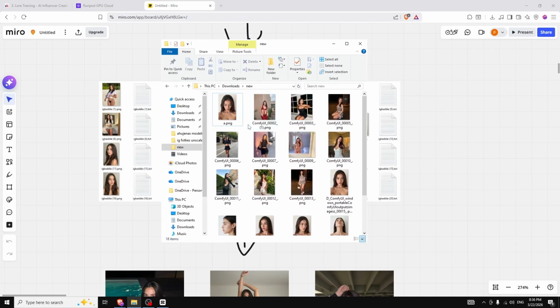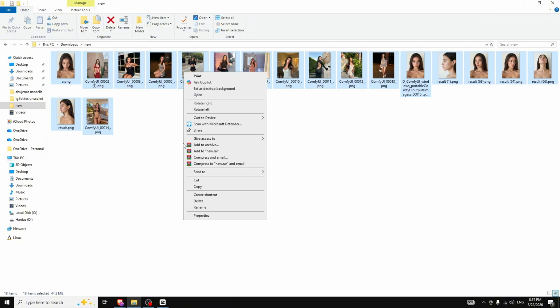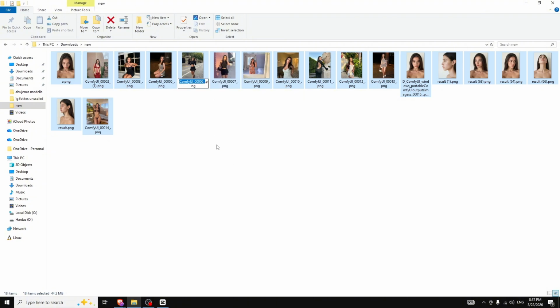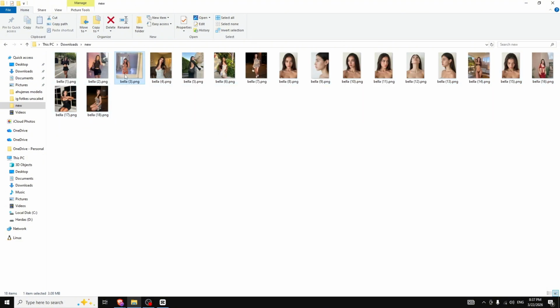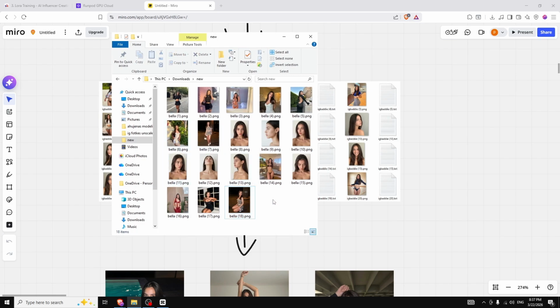If you watched the previous video, I have made a folder just like this, full of images. Now what I need to do is select all of them, right click, click on rename, and simply choose a name for her. Let's say I'll call my AI influencer Bella, for example. When I click enter, it should all become Bella 1, Bella 2, until Bella 18. So I have 18 images, which is actually very low for training. So my LoRA should turn out to be bad, but I guarantee that it will actually not be bad